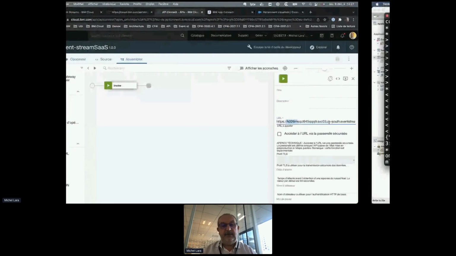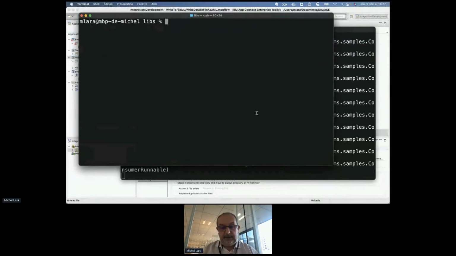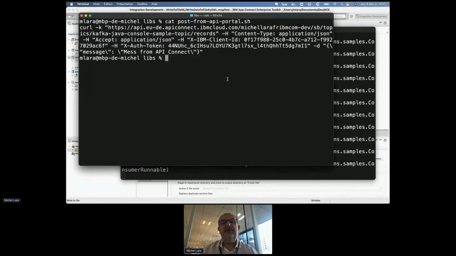The difference now, if I try to post a message through an API, I have another HTTP post from an API. The difference from the previous post is that now I'm going to post through the API gateway in a very secure manner. So now I will send the same thing, and I post through the API gateway to post on Kafka. Okay, I will try it. So post from an API.